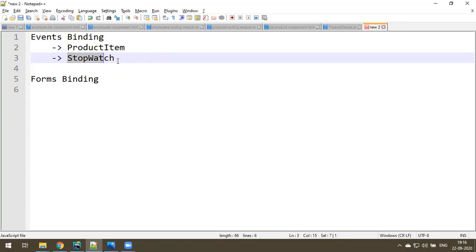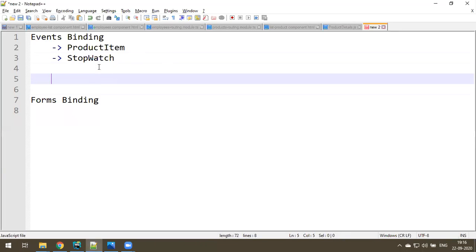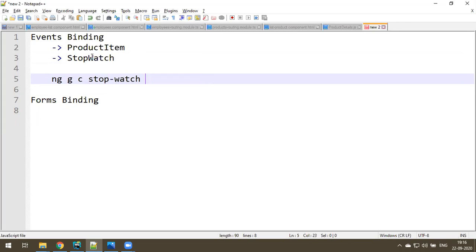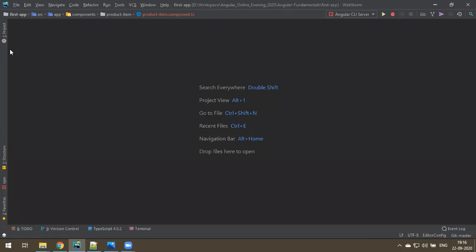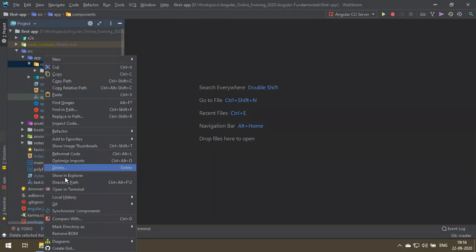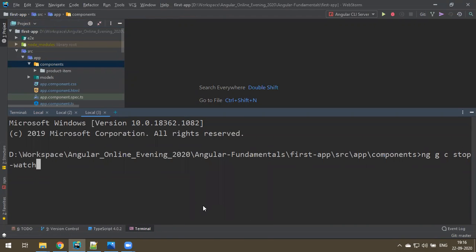Let's make a stopwatch example. For this also we have to create a component. Let's create ng g c stop-watch. Let me create this now. Let me copy this. Close all, and in the components folder, right click, open in new terminal, paste it, stopwatch, enter.